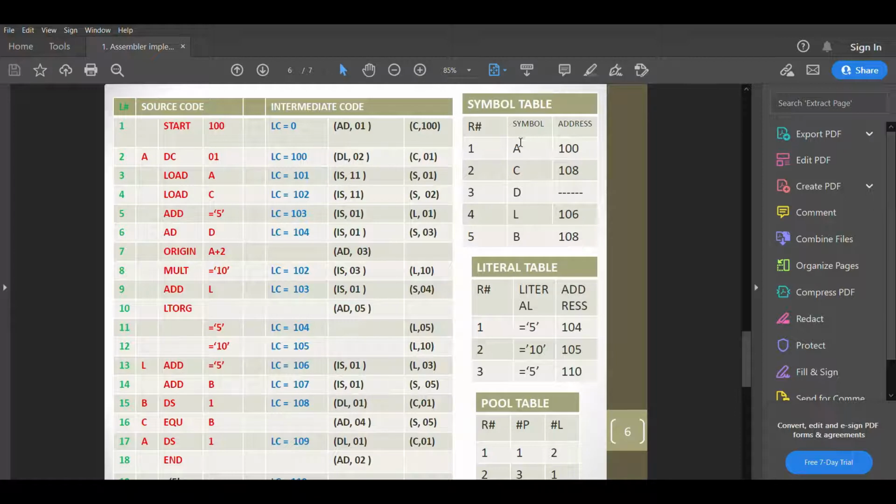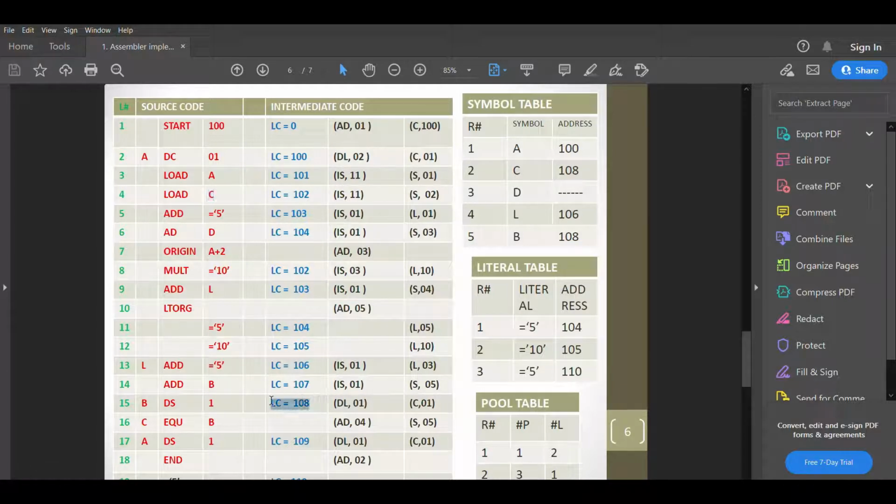Here the symbol came in the second line, and its address is located at 100. See here. And then symbols are seen here, but here the EQU, so we are assigning, meaning equal.